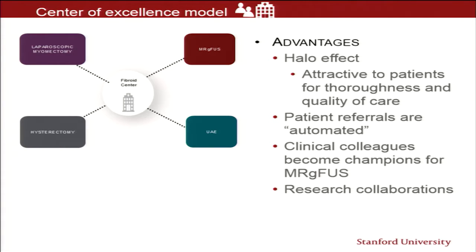They also buy into this. I don't have to go and convince the gynecologist that FUS is effective. They see it in our own patients. They see how the patients are doing afterwards, and frankly, they often route the patients to me. Oh, I've got a great case for you. Can this patient be treated with FUS? Can we try FUS on this patient? It's great to have that kind of collaboration. It's a clinical collaboration. It also is a research opportunity as well,